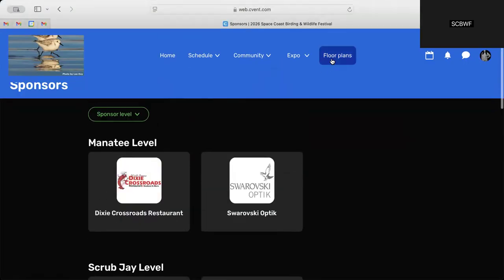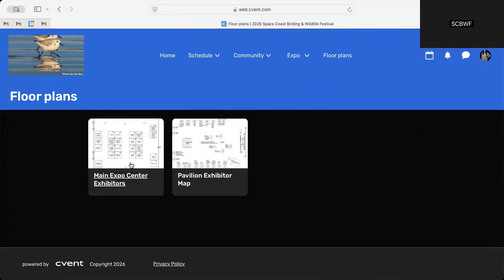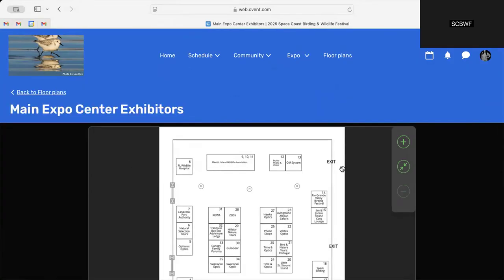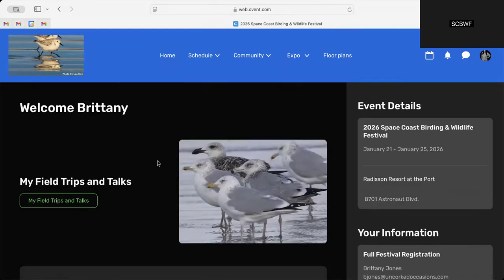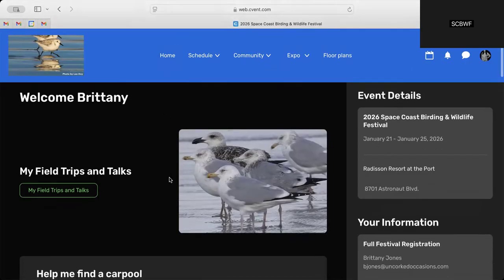And then at the top, there's also a floor plan tab where you can see the floor plan for all of the exhibitors in the main expo center or the floor plan for all of the exhibitors in the Pavilion Expo Center. Back to your home page, it'll give you a summary of your events,